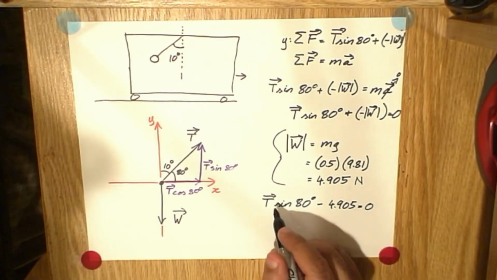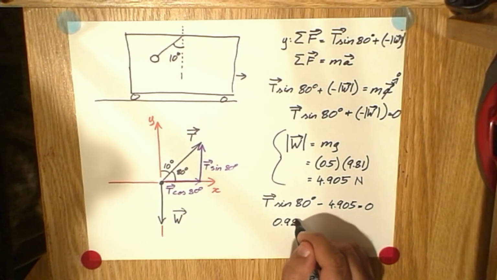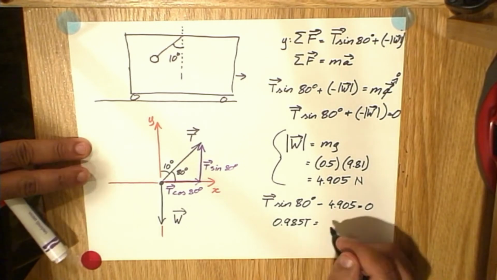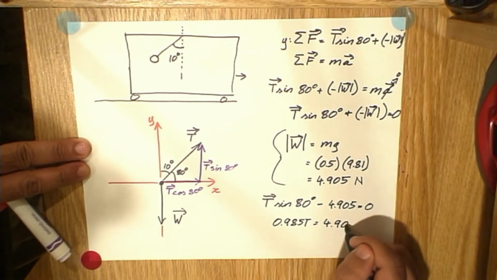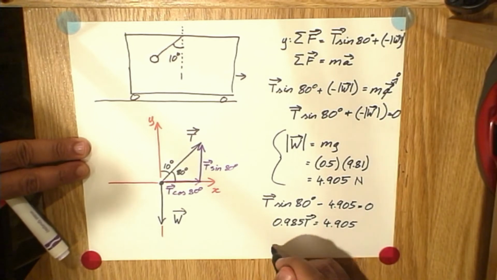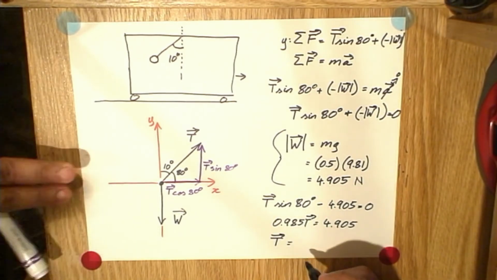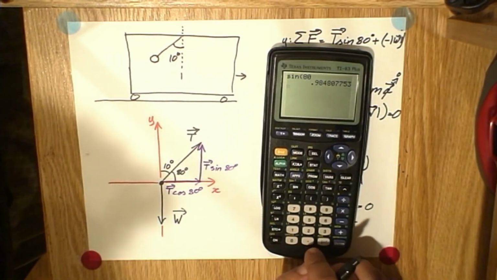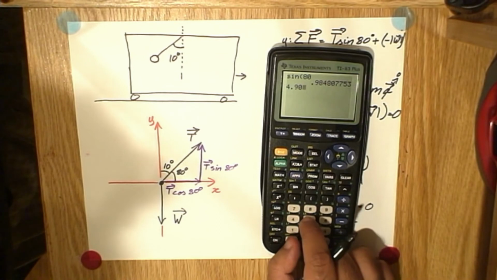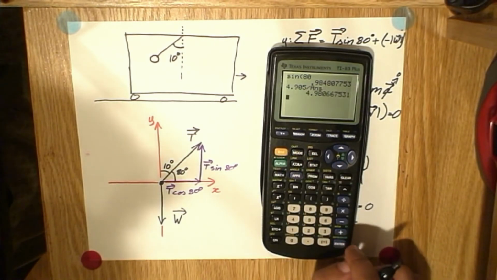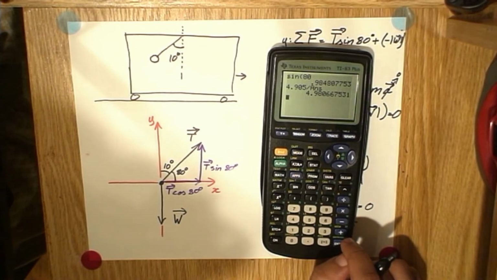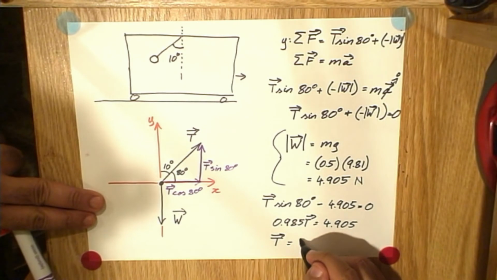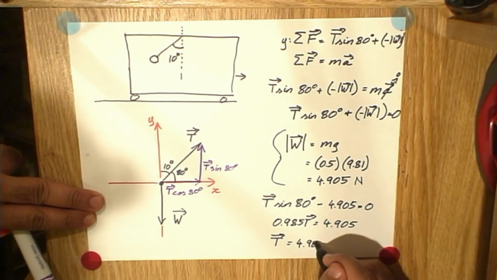So we can simplify this by saying 0.985 times the tension, and I'll move the 4.905 to the other side, it becomes positive, is equal to 4.905. Therefore, the size of the tension has got to be 4.905 divided by 0.985, which is 4.981. So the tension in the string is 4.981